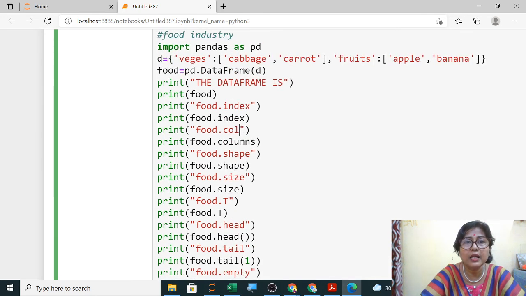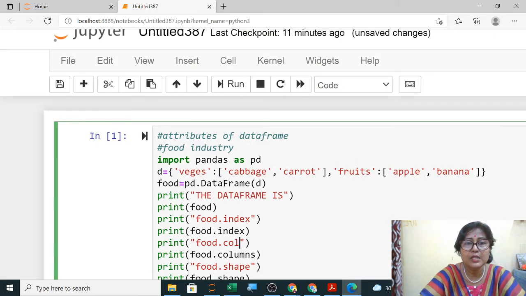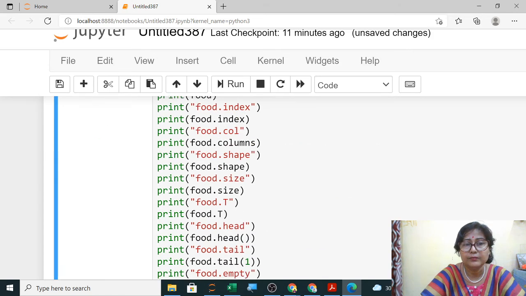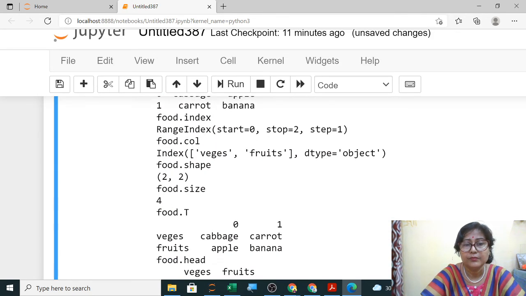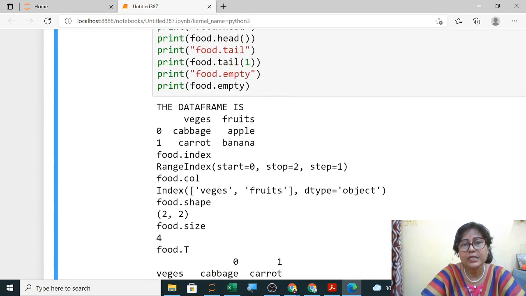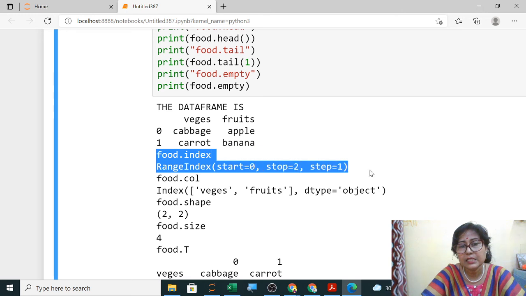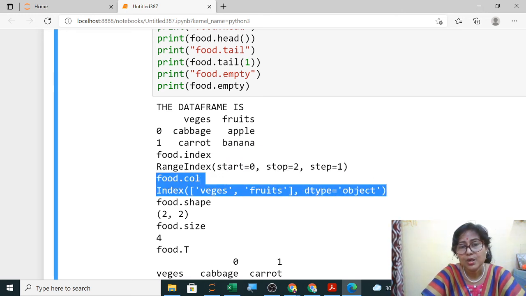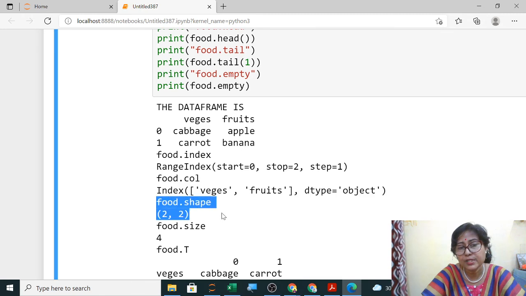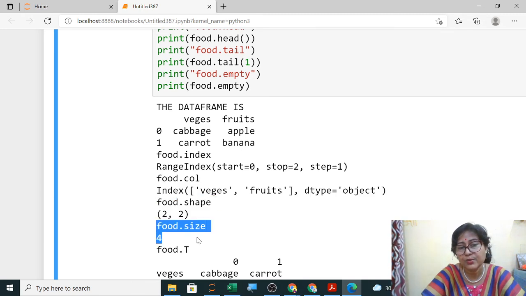So now when you are running this program, you will see the heading. The data frame is, now you can see the heading. Food index is this. Food.columns is all the columns. Food.shape output is this. Food.size output is this.